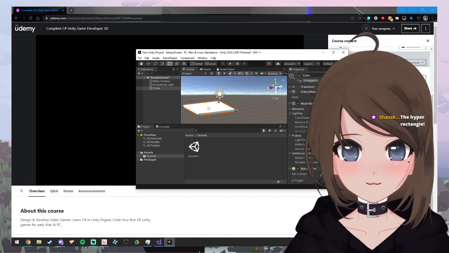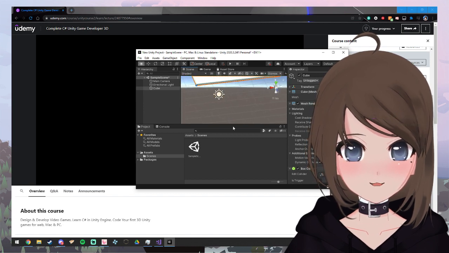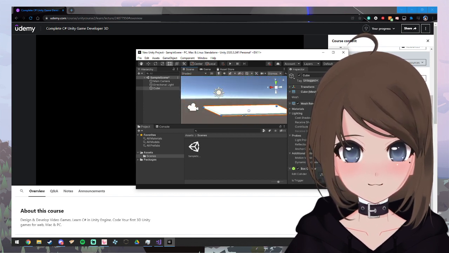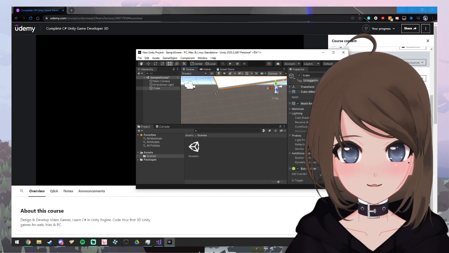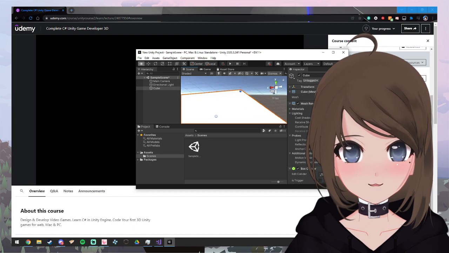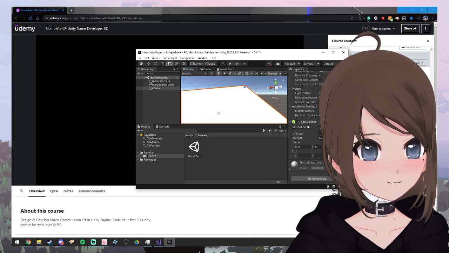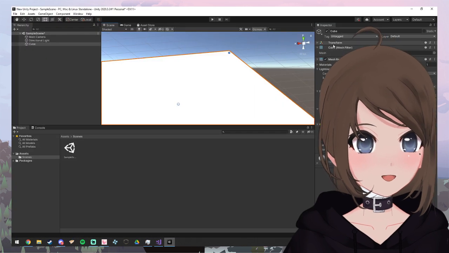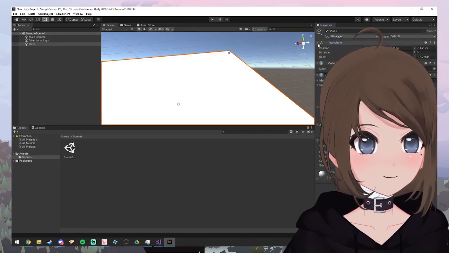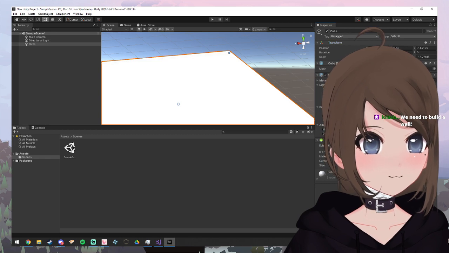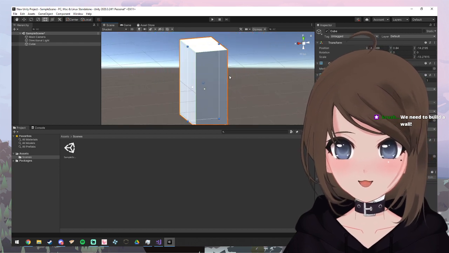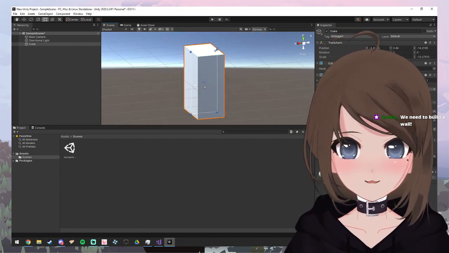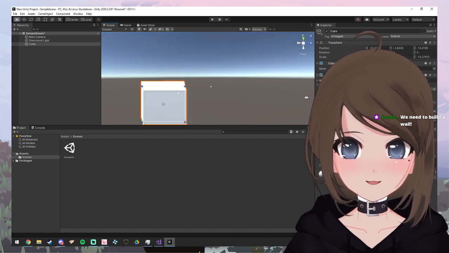The hyper rectangle, and now we're gonna go up. Wait, what? No, God. Up, down, up, ooh. Up, down. No, okay. One second. I think if we go to... so this is the Y, like 20. There we go. That fixed it. And now the cube is huge. Oh, look at him, he's a long boy.